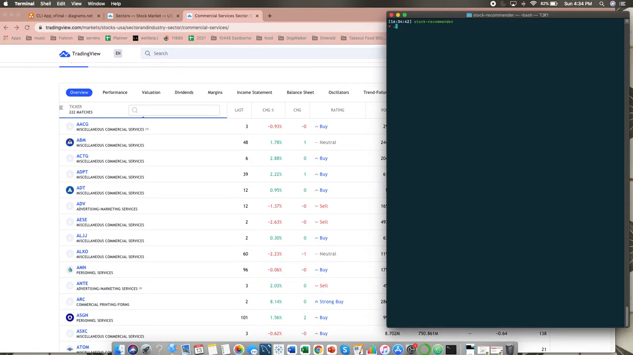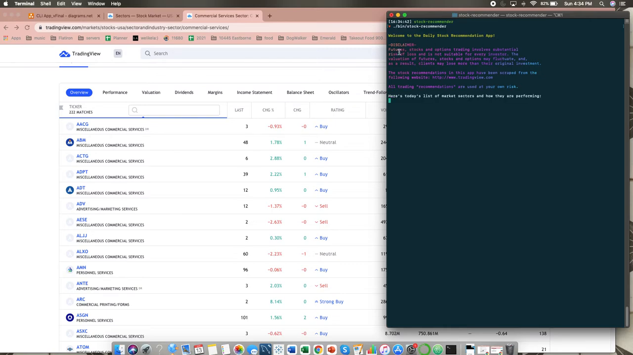Okay. So to run it, we do ./bin/stock recommender once we are within the folder. And then it just says, welcome to the daily stock recommendation app. I added a disclaimer because